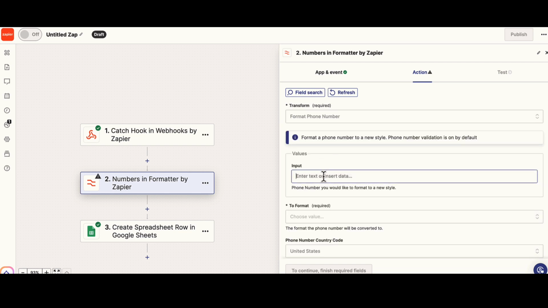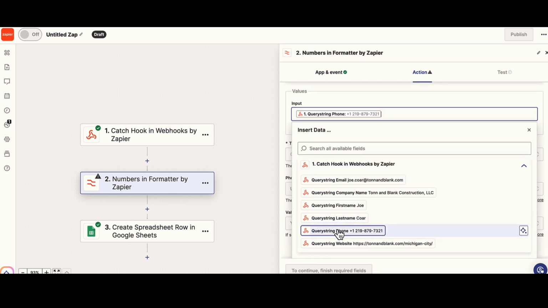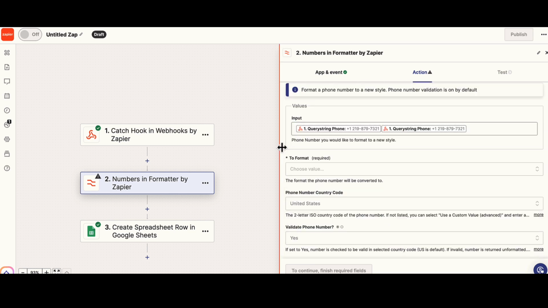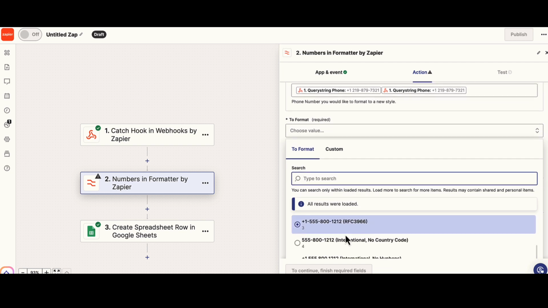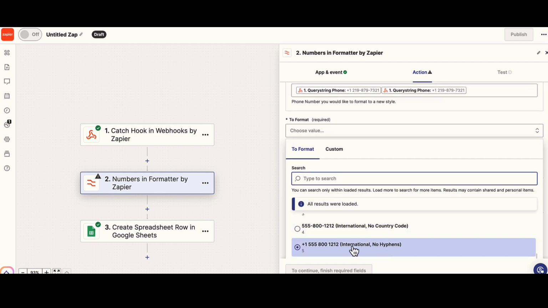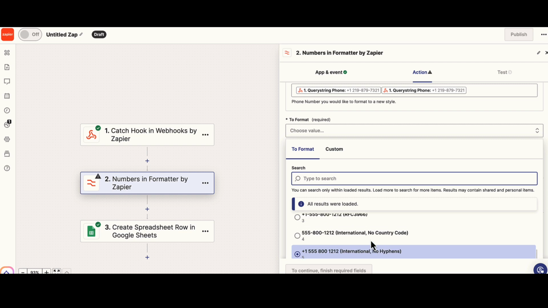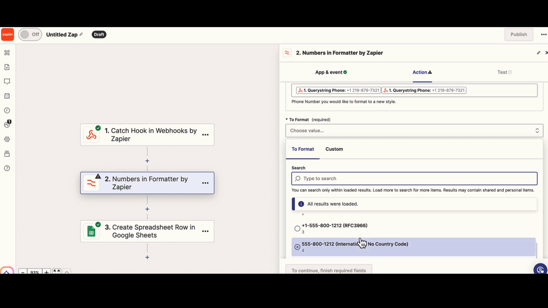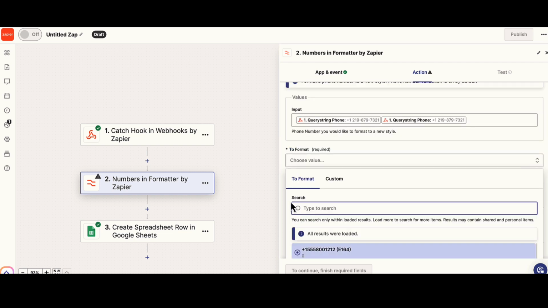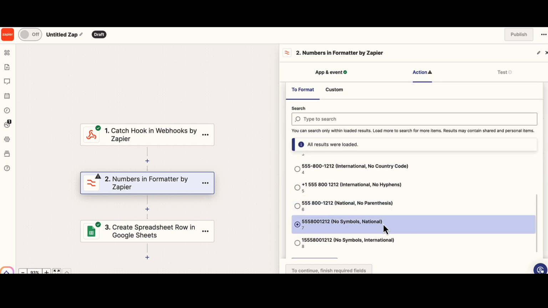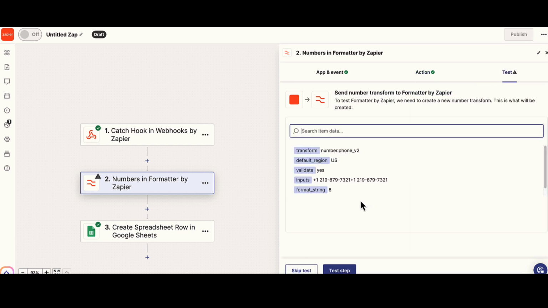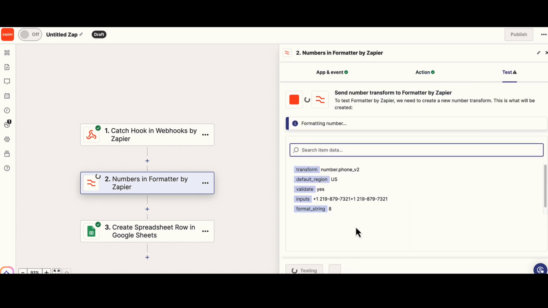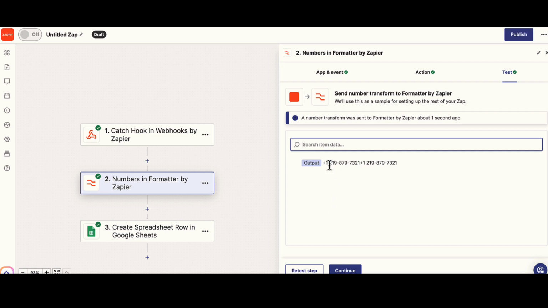And then it's going to say from where. You can put the phone number field here and to what, and we're going to say okay, to international, no hyphens, just like that. We might say there's one here that's no symbols, I believe. No symbols, there we go. So no symbols international, something like that. Okay, and then we can continue there. What you will need to do, so we can test that out. Okay, and